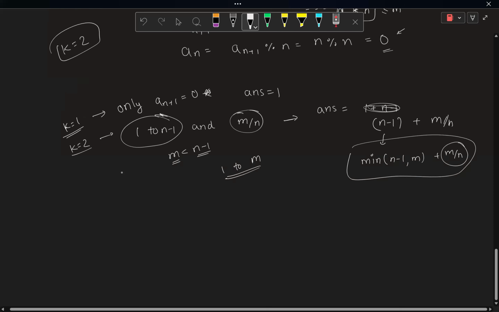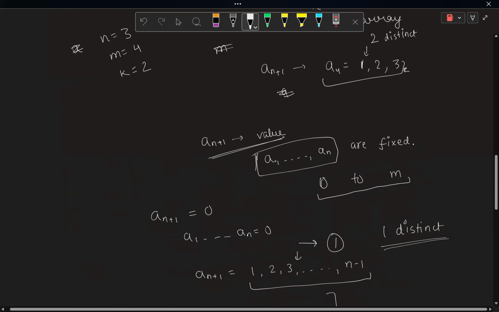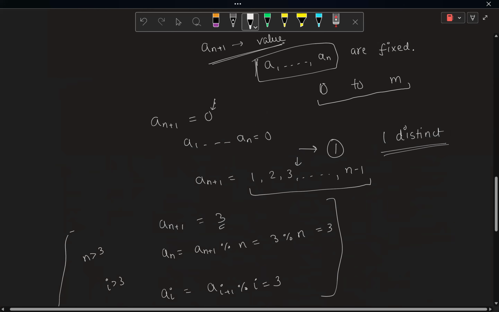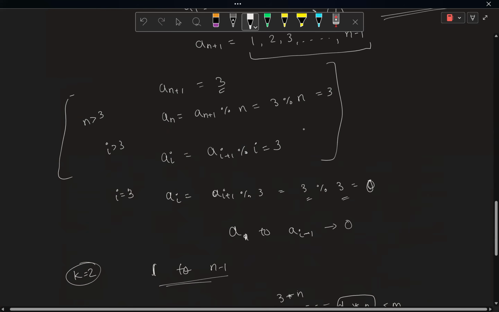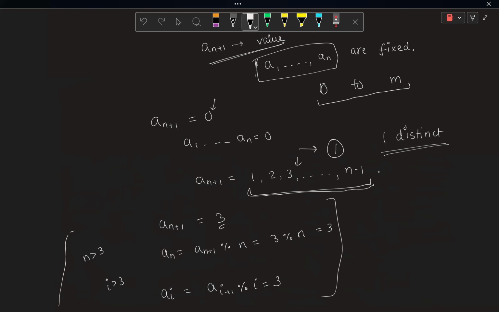You could observe one more thing here. Earlier, when we placed 0, we got k equal to 1, just one distinct value. When you placed any number from 1 to n minus 1, you got two distinct values. For all the multiples of n, you also got two distinct values. And if you pick up any other number, let's say I pick up n plus 1,